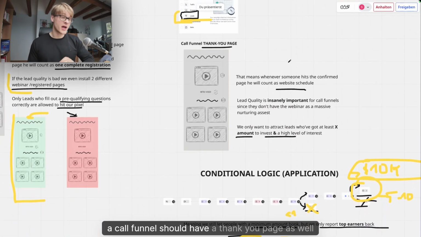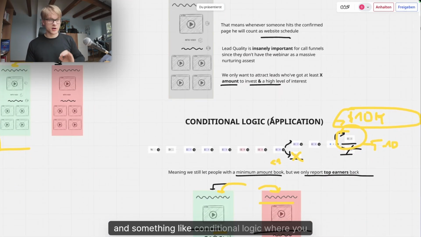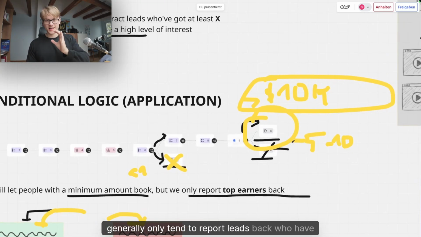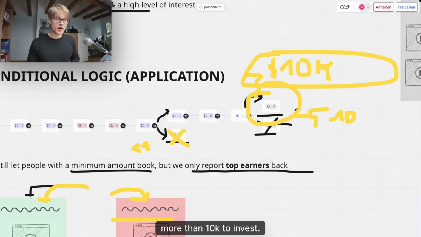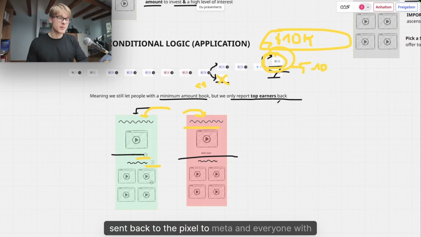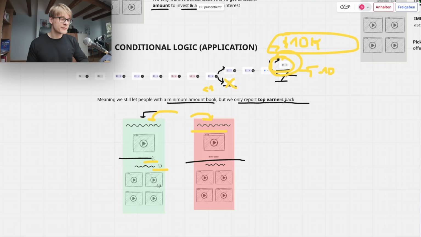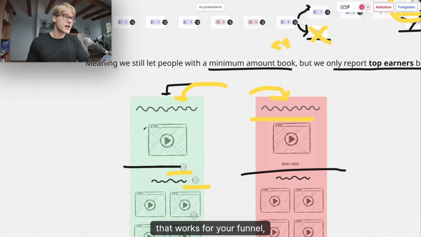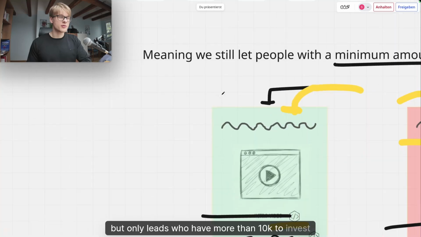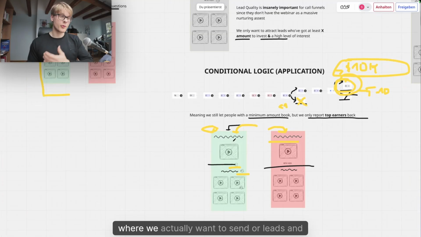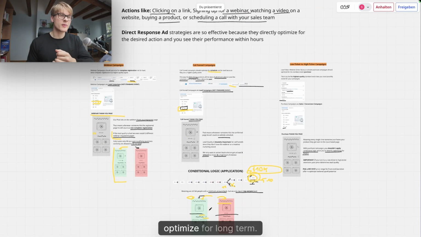A call funnel should have a thank you page as well, and something like conditional logic, where you generally only tend to report leads back who have more than 10K to invest, okay? Leads who have more than 10K to invest are going to be sent back through the pixel to Meta, and everyone with less won't be sent back, maybe still has the ability to book in a call if that works for your funnel, but only leads who have more than 10K to invest will be sent to this pixel confirmation page, which is where our pixel sits and where we actually want to send our leads and optimize for long